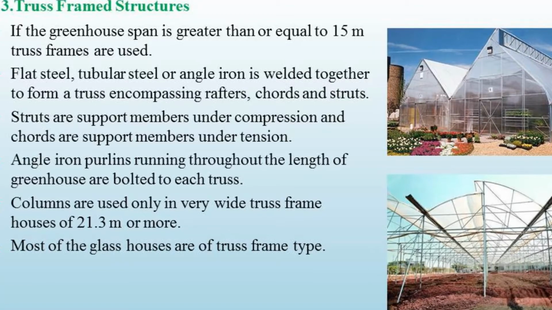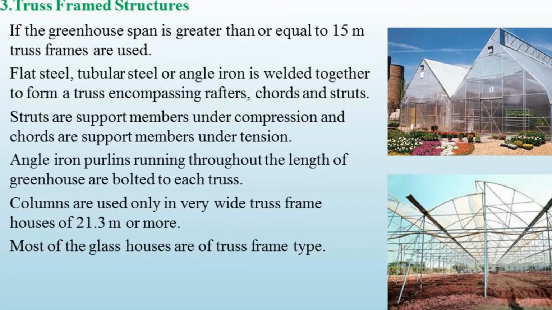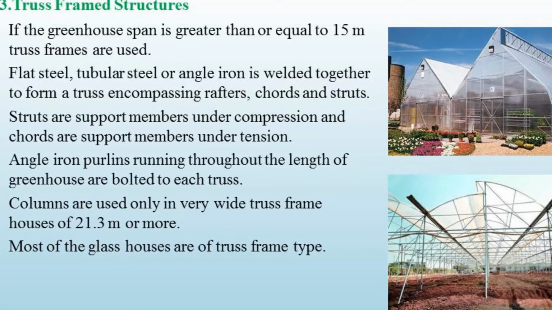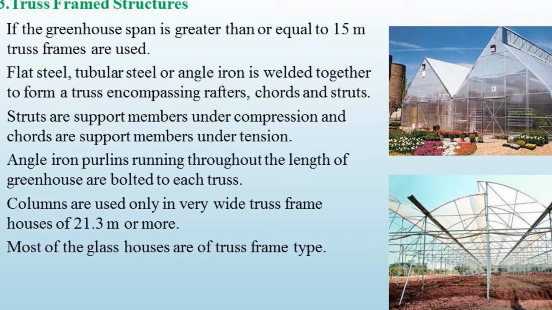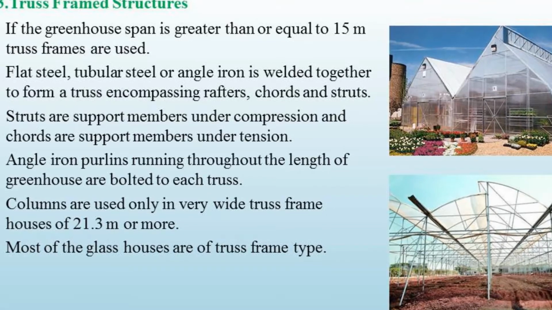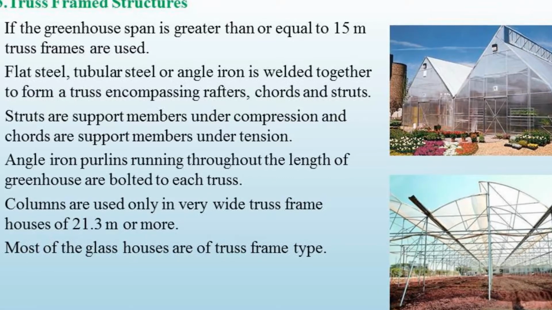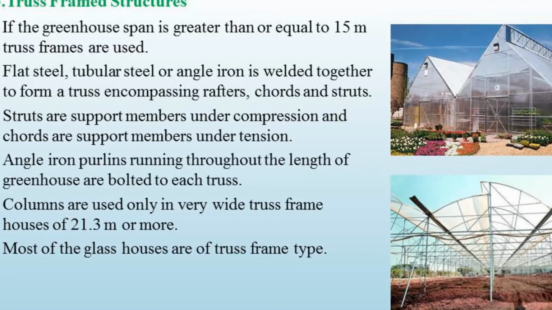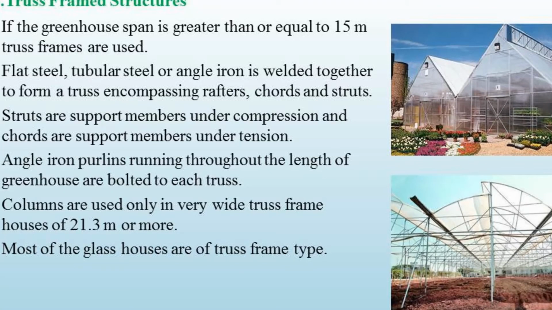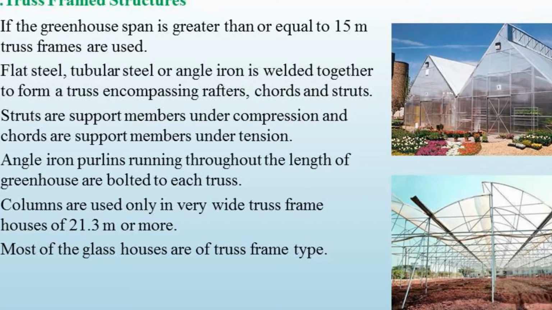Generally in this structure, truss members work as support members under compression and cords work as support members under tension. Angle irons and purlins run throughout the length of the greenhouse